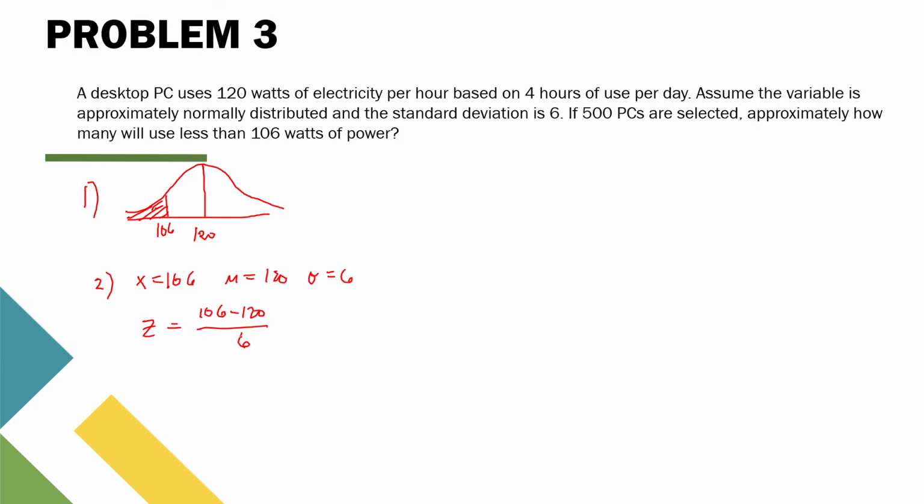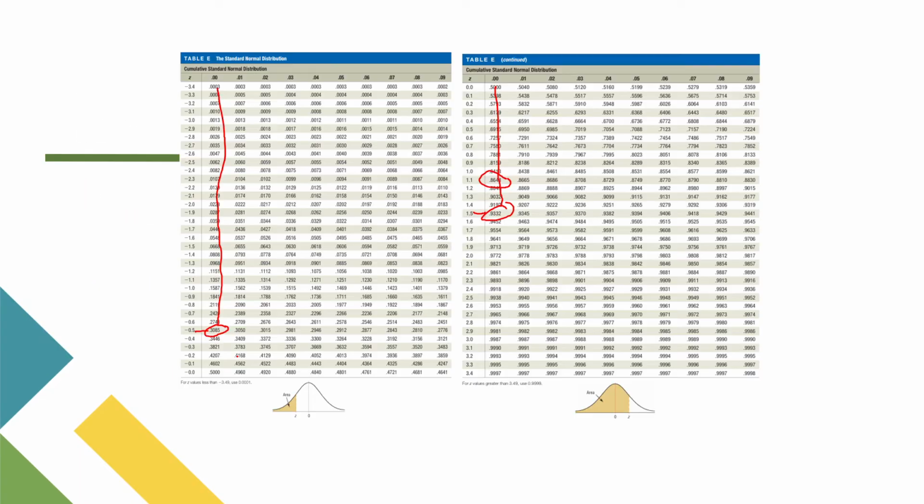The result of this one is negative 2.33. So if we're going to find the area of z of negative 2.33,